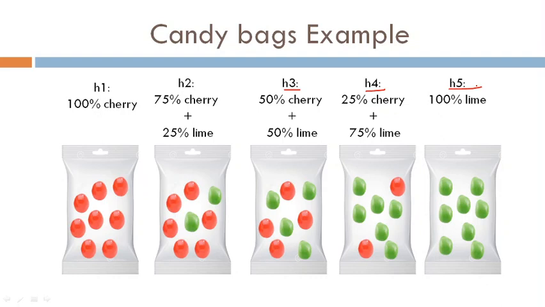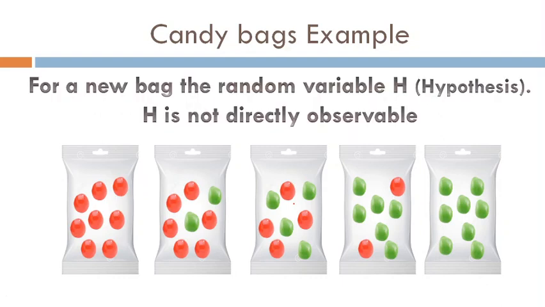I am assuming in each bag there are 8 candies. Are you getting my point? So five hypotheses. Take one candy: how do you eat the candies? Open the bag, take one candy, unwrap it, and eat the candy. For your understanding, I am not wrapping these candies here, but consider the candies are wrapped. I will explain later.